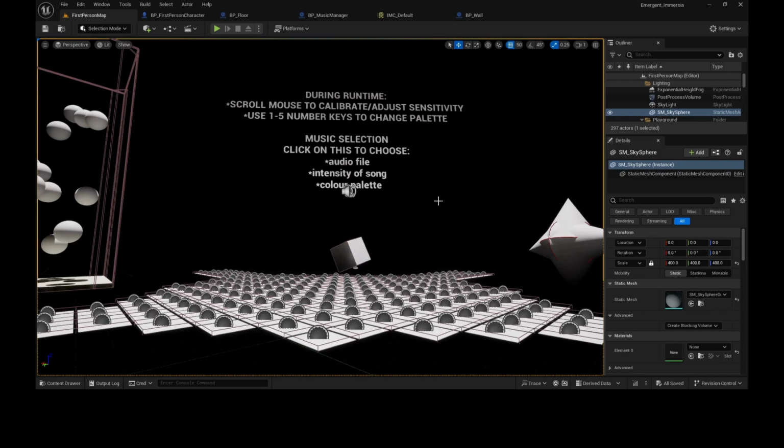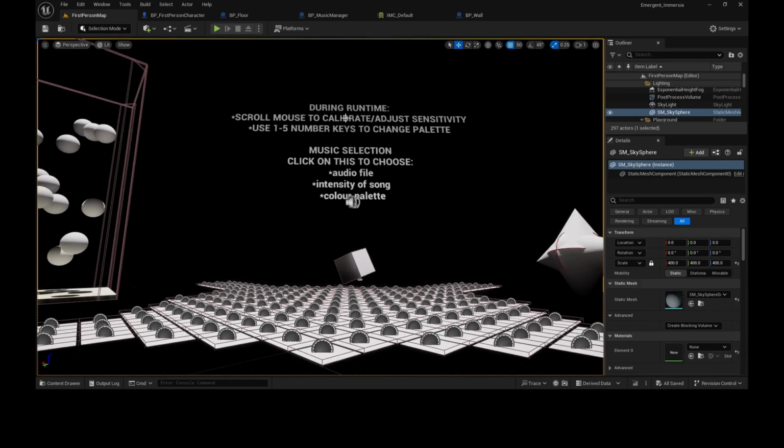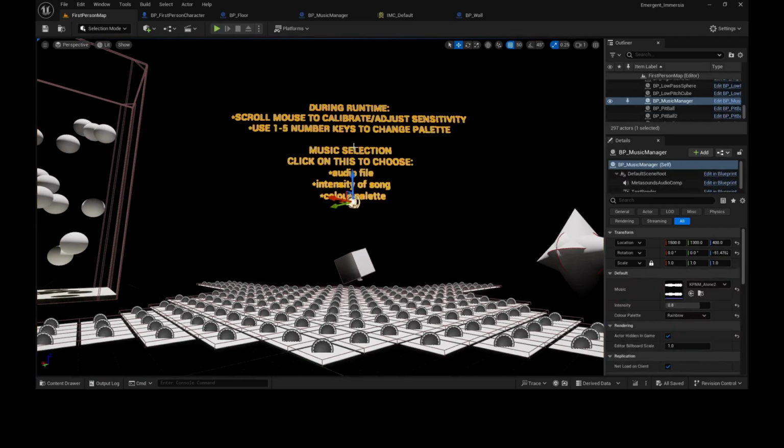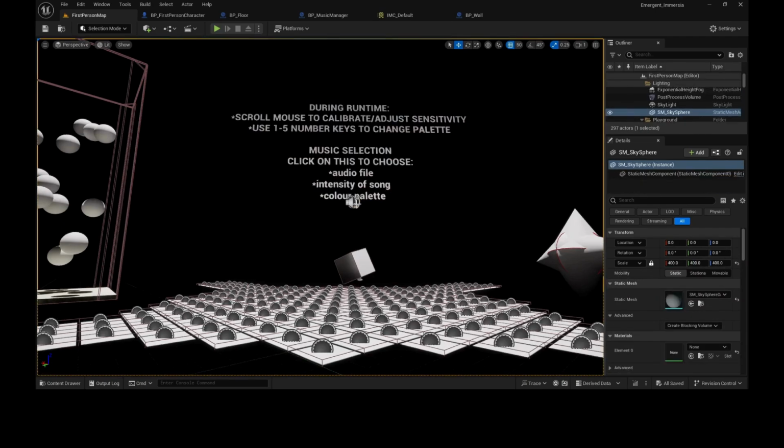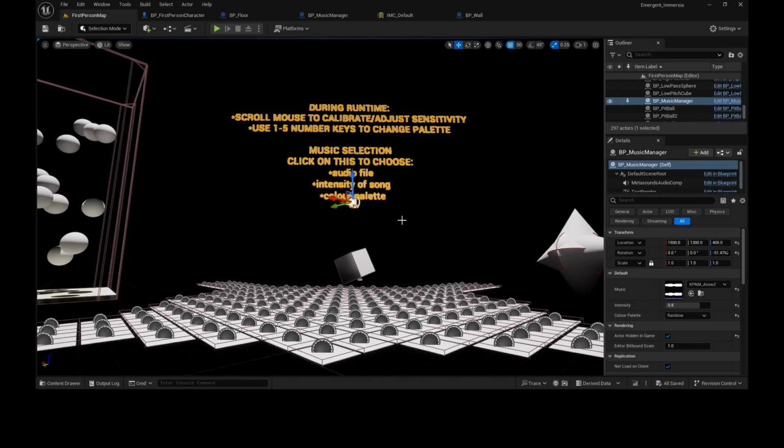time using meta sounds. Upon starting the project, you'll see some information here by the music manager actor just to tell the user how to use it while it's running and also how to select the first song and starting intensity. Because the visualizer has to be calibrated using an intensity variable so that elements will react best to how loud the music is overall. And also selecting a starting color palette, although color palette and intensity can be calibrated during runtime, as mentioned here, using the scroll mouse to calibrate and adjust sensitivity, and using 1 to 5 number keys to change the color